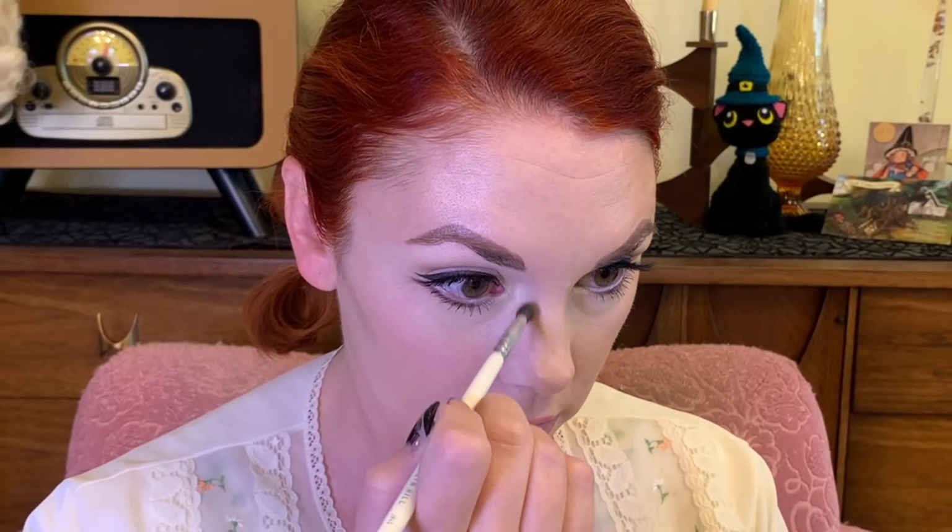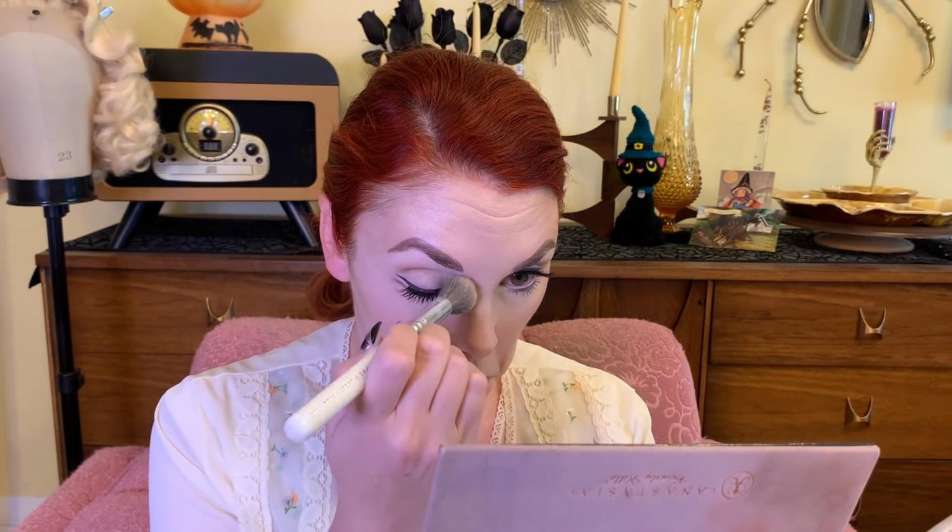And now I'm going in for a little nose contour, and Marilyn liked a very small nose. She did have a nose surgery to make her nose smaller, and then she still also did contour, well, her makeup artist contoured her nose, so I tried to kind of simulate that, and then just the shape of her nose on the end using like a brown contour shade,